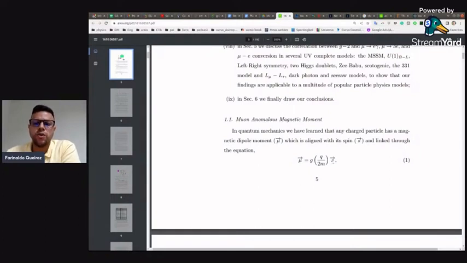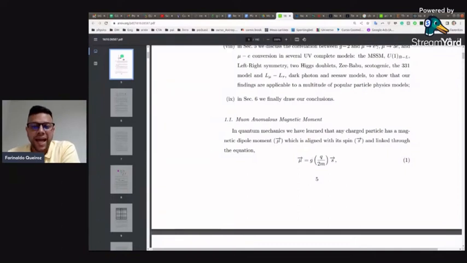So if I can somehow know the spin of the particle, in which direction the spin is pointing, I know in which direction the dipole moment is pointing. If I know the particle involved, in other words the charge and the mass, and if I know the spin, I know the dipole moment. Okay? Right? So if I know g, but what I'm trying to measure is the value of g,